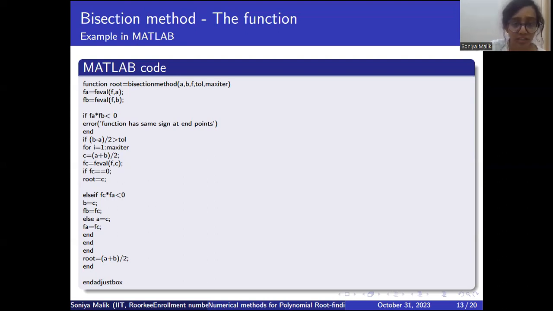And within the limit, while (b minus a) by 2 is greater than tolerance, we will start a loop from 1 to maximum iteration. Then we will calculate the value c as the midpoint of a and b. Then we will calculate the value of the function at point c. If it is equal to 0, we will declare the root as c. If it is not so, then we will check the sign. If fc and fa have opposite sign,